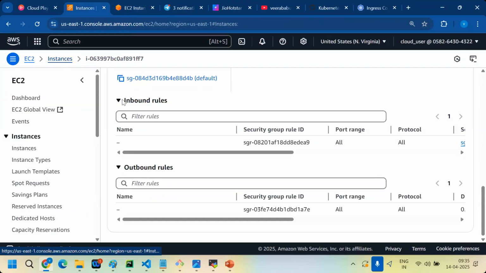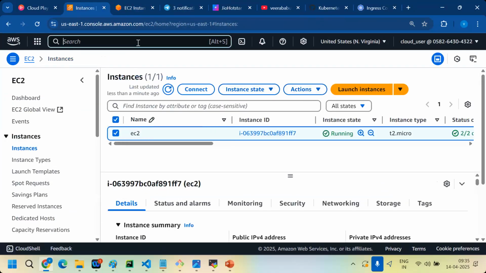Let's switch to the server and create a role.